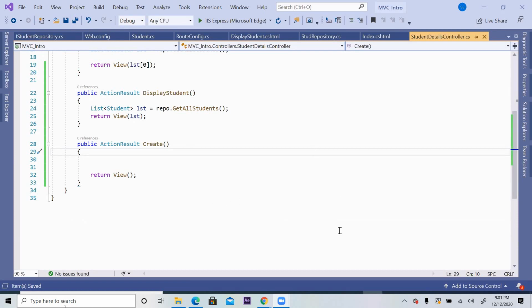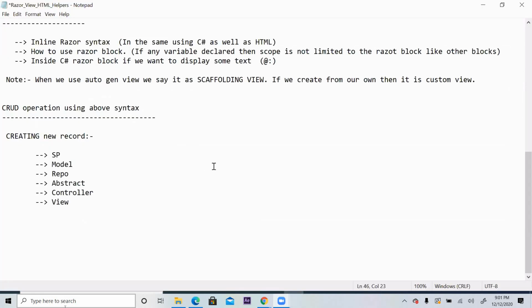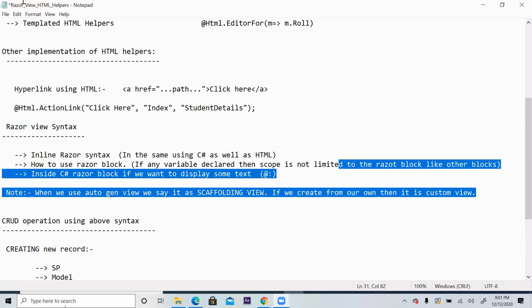Tomorrow we will continue this CRUD operation, create, update, delete, whatever. So don't go to the CRUD operation I did partially today. Simply leave it. You focus today's practice up to this.